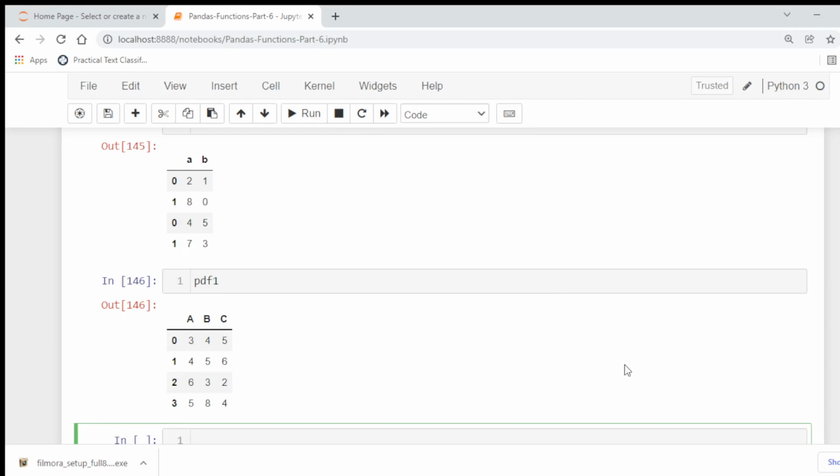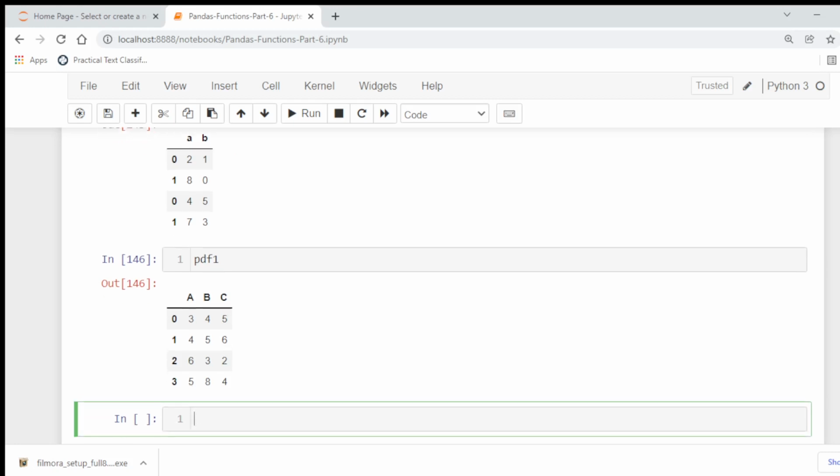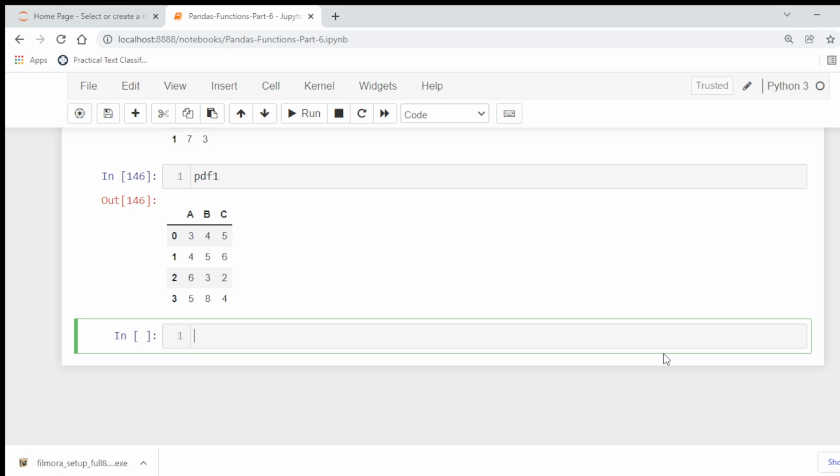The first parameter is labels. Labels is the index or column labels to drop. It can be a single label or a list-like of values. For example, we want to drop index row 1 from the above data frame.